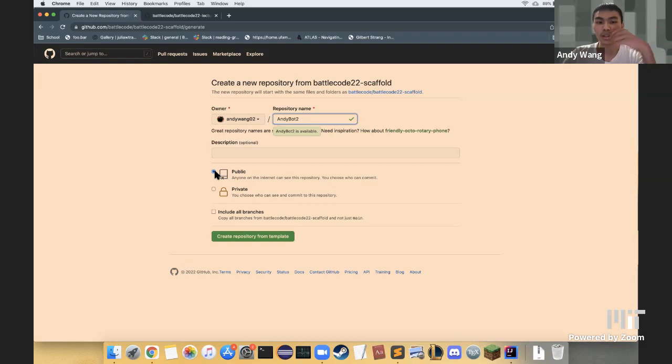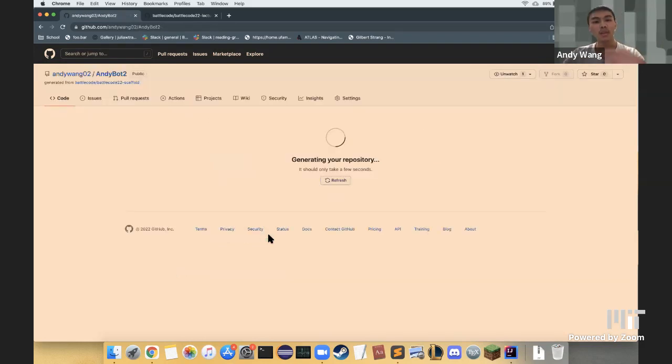You can make it public. This just means that anybody can see the code. Not everybody can change the code, but everybody can see it. Here you see there's an option for private. I believe on GitHub, in order to make private repositories, you actually have to pay a bit of money, but public repositories are fine. So we'll create this AndyBot2 template, and you see it'll take a few seconds to generate